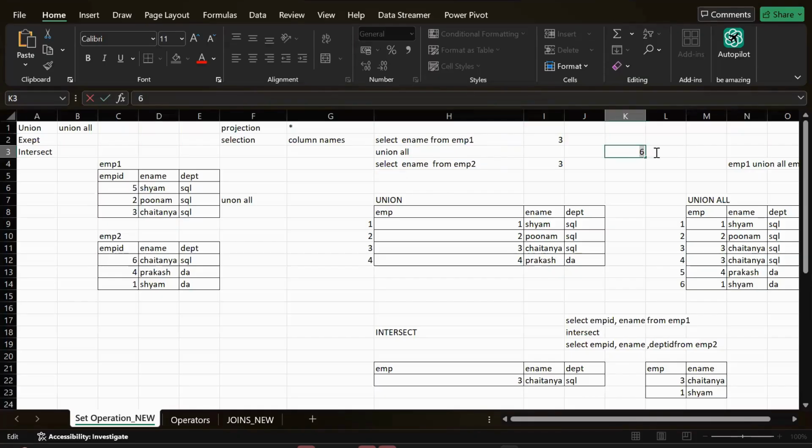Is it four? We have four records. Four people are there because the employee ID is different, but we need only the name. Then it will remove Sam two times. Initially, it will get all these people internally,